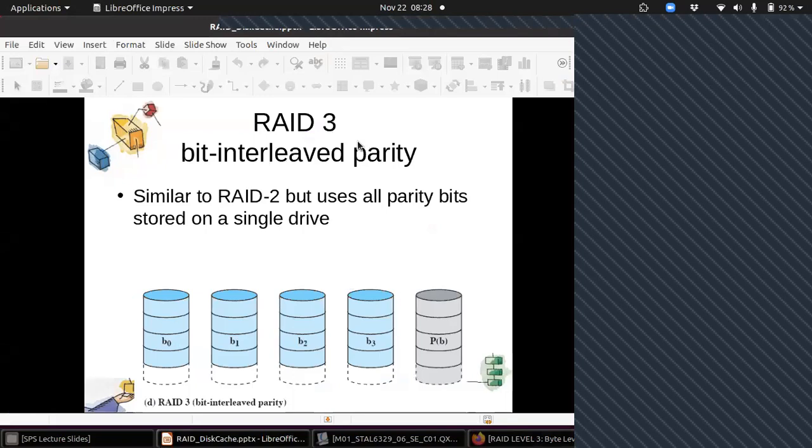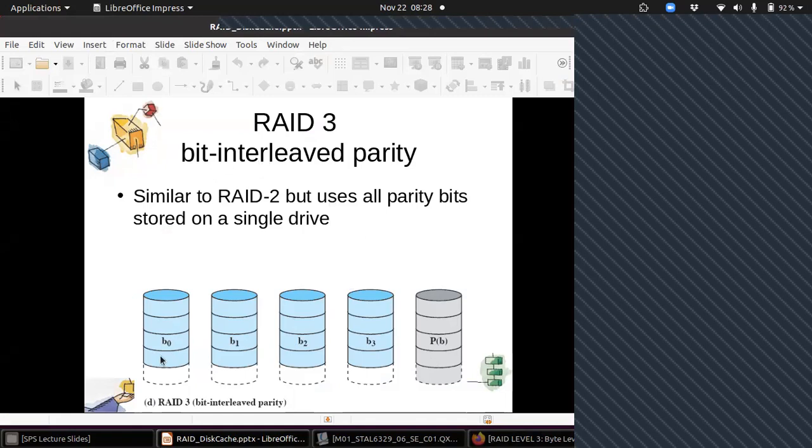So this is very similar to level 2, but the only thing is now you don't require multiple extra disks, you require only one extra disk. And here you have byte level stripping. So this is RAID level 3.